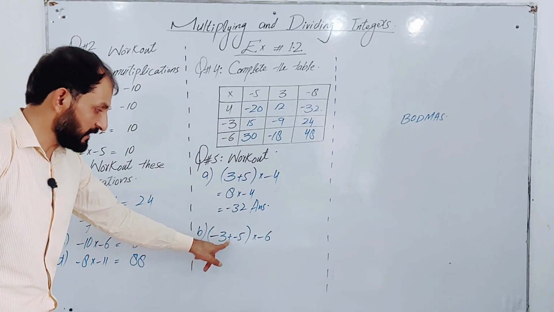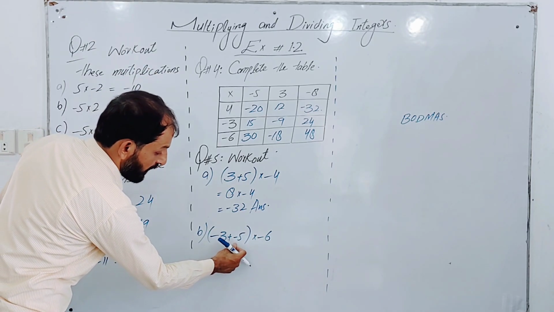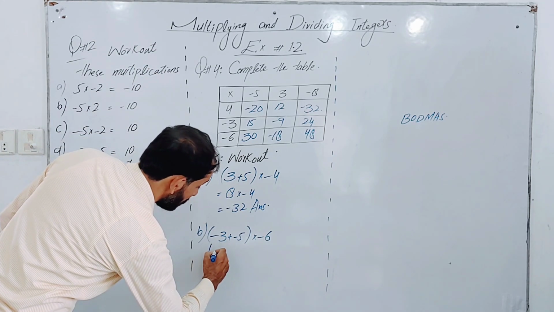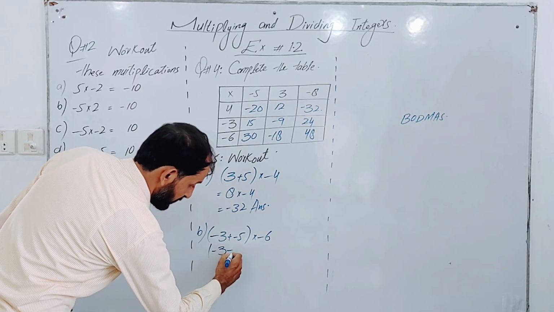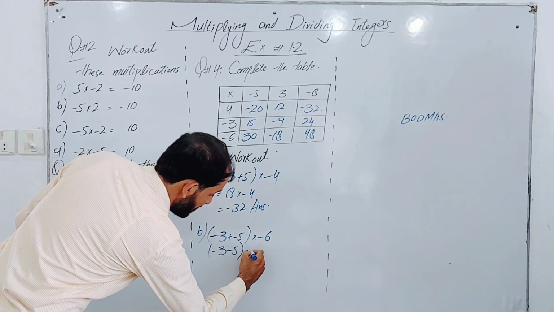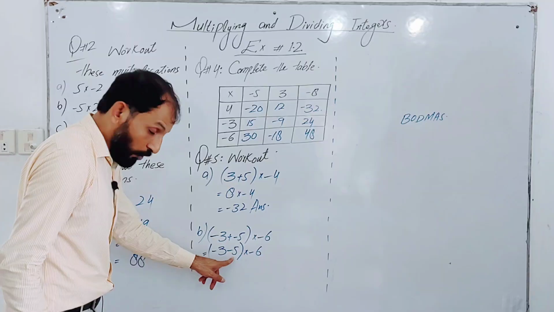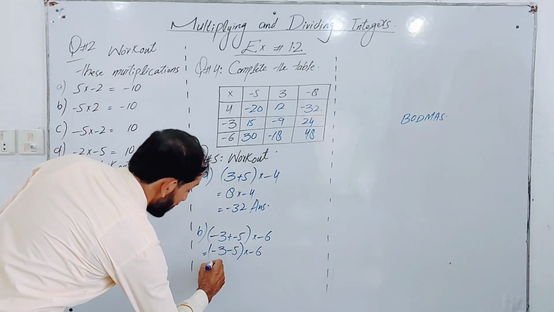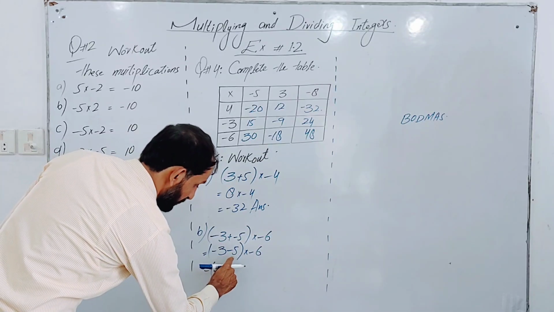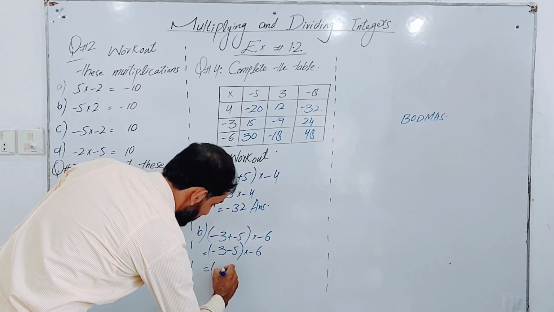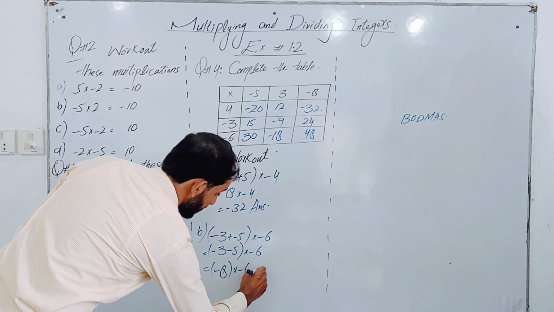Again, minus 3 plus minus 5 multiplied by minus 6. As you can see, plus and minus, two signs are given. First of all, we have to simplify these signs. Minus 3 plus minus 5 multiplied by minus 6. Now the next step is, now we have both the quantities with negative sign. It means we have to use a negative sign and we have to add them. Minus 3 minus 5 will be equal to minus 8 multiplied by minus 6,